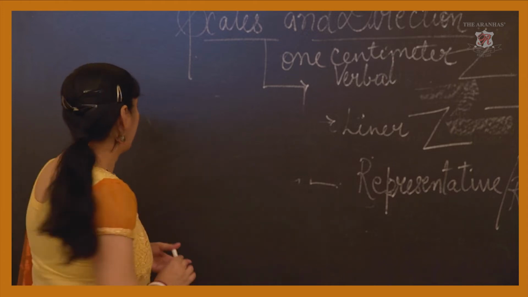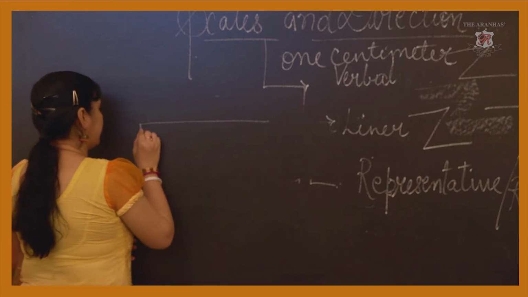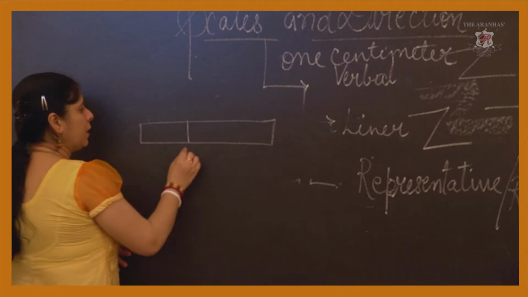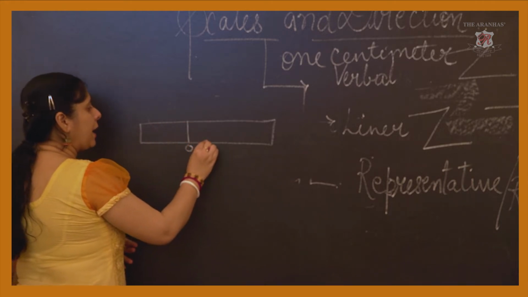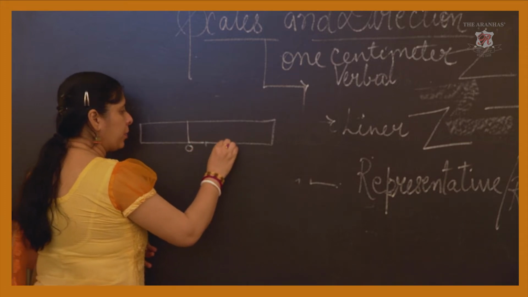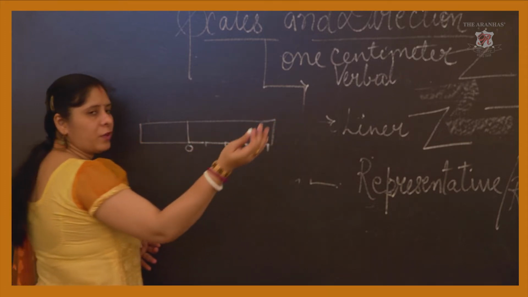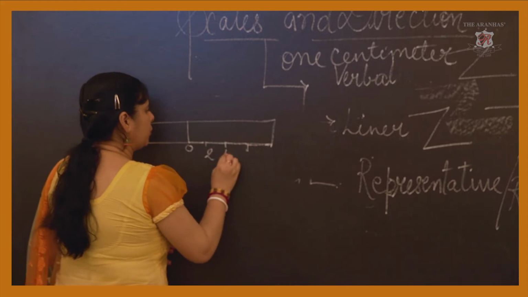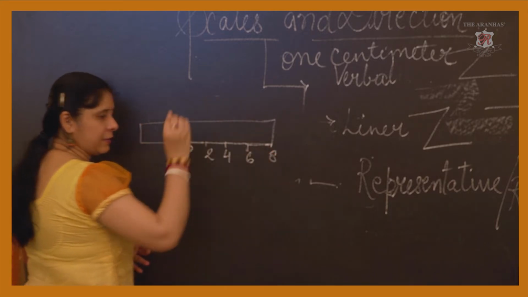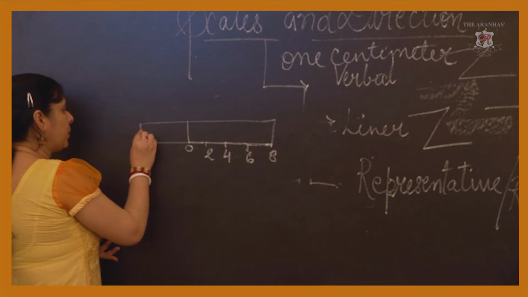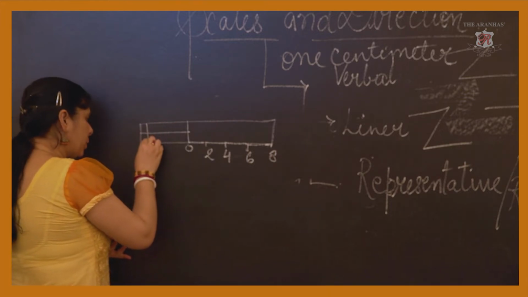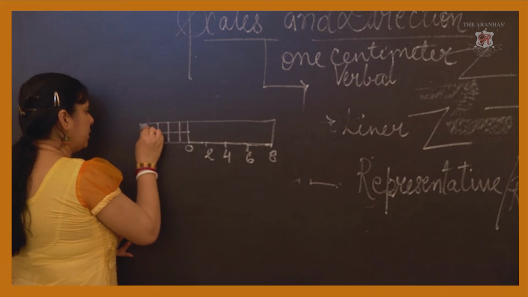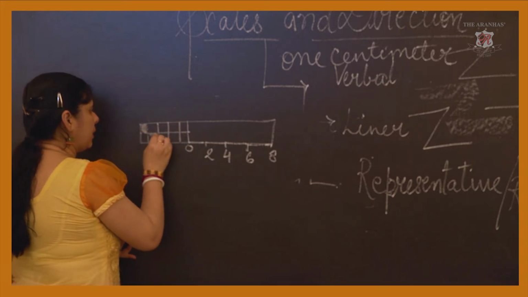Just a brief. There would be a certain measurement. It would be divided into 2 halves. There would be a 0 over here, and the distance would be divided as per the measurement given. Suppose I am taking a scale of 2, 4, 6, 8, like this I can take, and here would be divided into again 2 halves. One part would be colored, one would be left over.